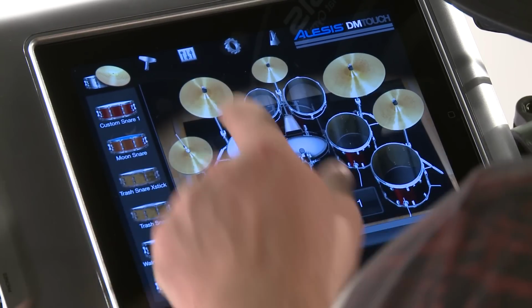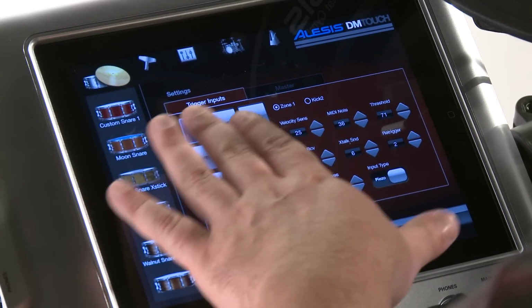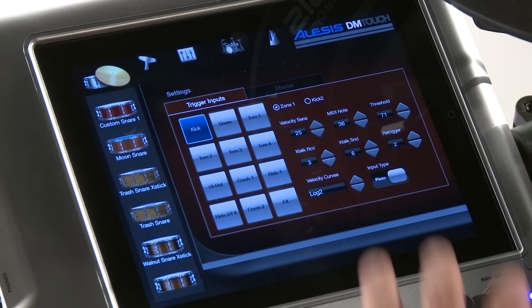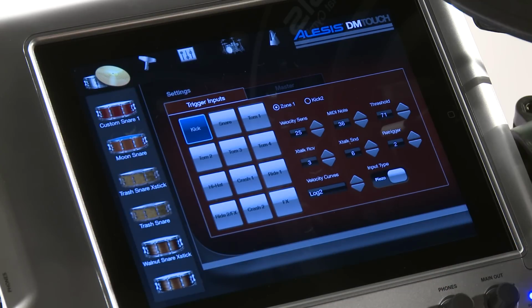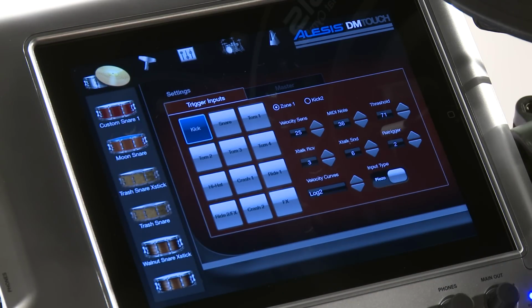Great. Let's move on to the next menu, which is our settings menu. Now from here, I have controls for each individual input. I can control the velocity sensitivity, which MIDI note it's transmitting on, the threshold, and a few other options. This comes in very handy when you're either controlling hardware using the 5-pin MIDI output, or if you wanted to tweak the kit, maybe you were getting some crosstalk from one drum to another,